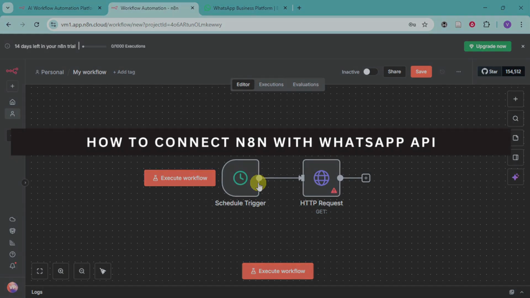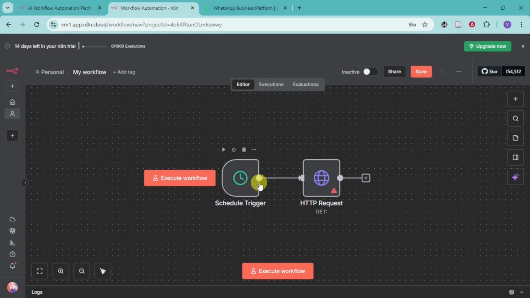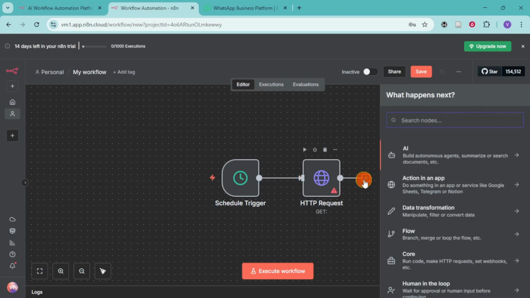How to connect n8n with WhatsApp API. To do that, first head over right here into your actual workflow, then click on this plus icon, and then